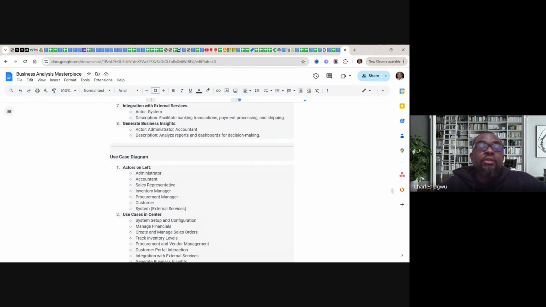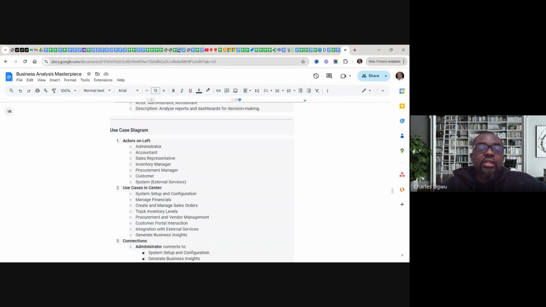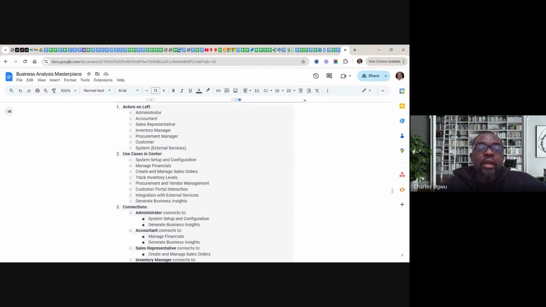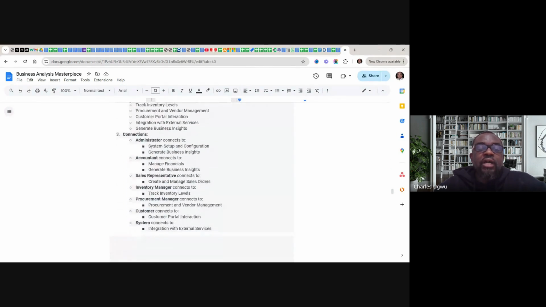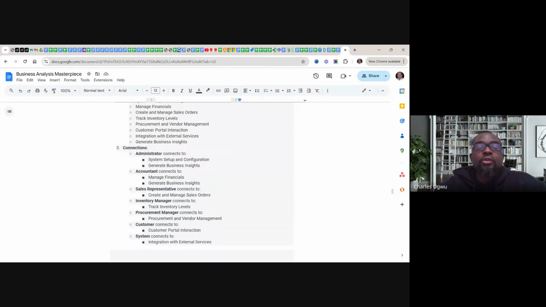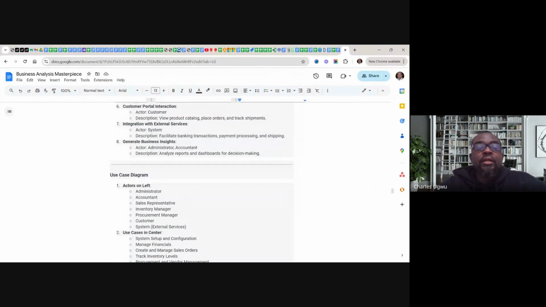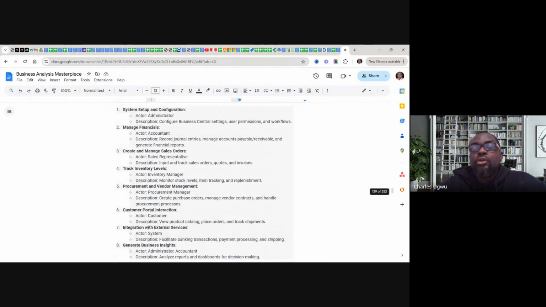Then we have the use case diagram for this. So capture the actors, and then we'll capture the use cases, and then we connect them. So that's how this is done in a very snapshot. All of us need to create this. Everybody must submit this use case